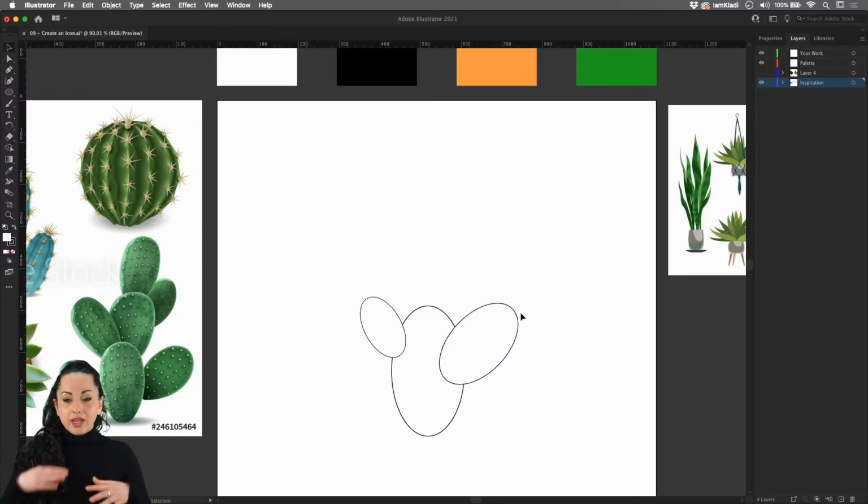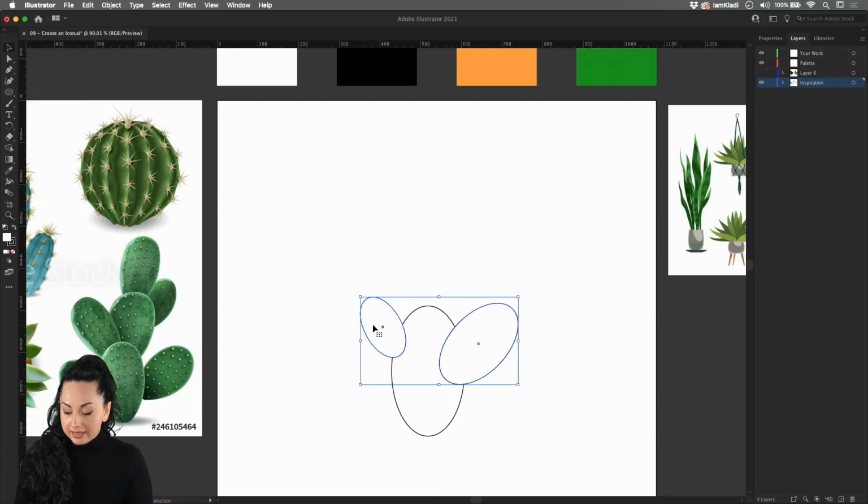Now look what's happening here. Every time that I add a new shape, it's actually being added on top, while the plant is usually sitting behind. Because I'm using this as an example, the one that is just right behind me, it looks like the higher you go with the different parts of the plant, they're sitting behind. So there are two ways to draw behind. The first one, if you already created a shape like we just did, is to click on one of them, hold the Shift to select the other one, and then use the shortcut Command Shift left bracket. That's Control Shift left bracket if you're using Windows.